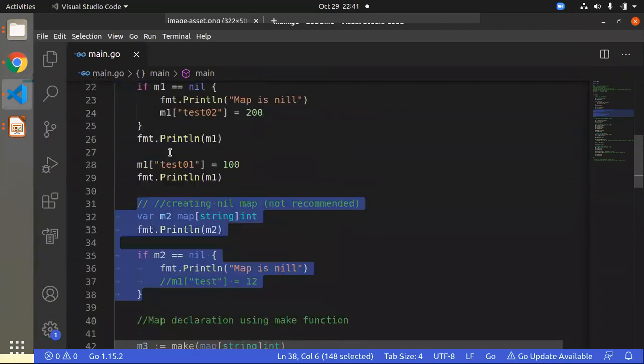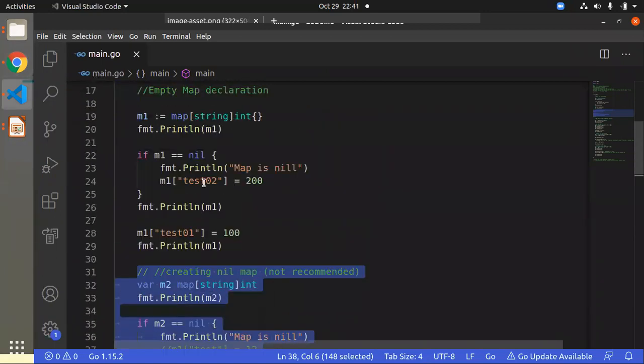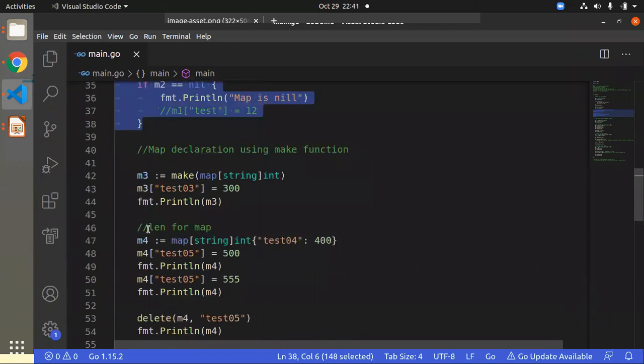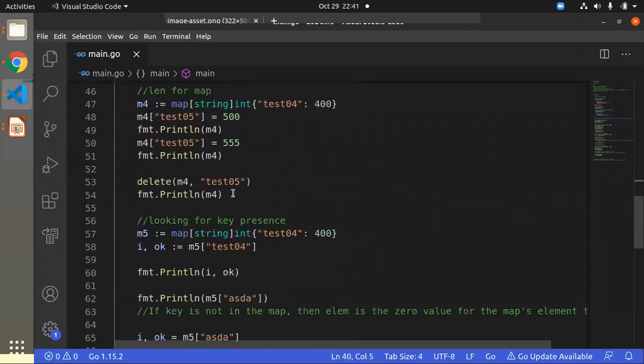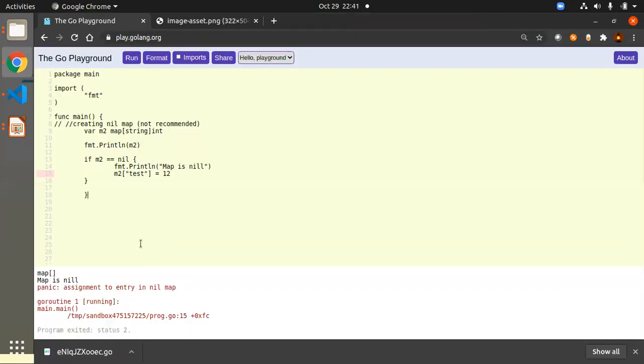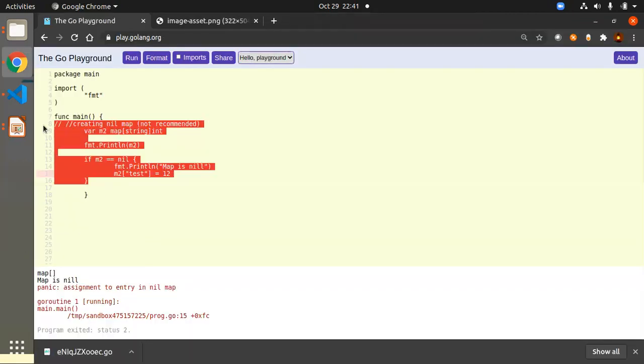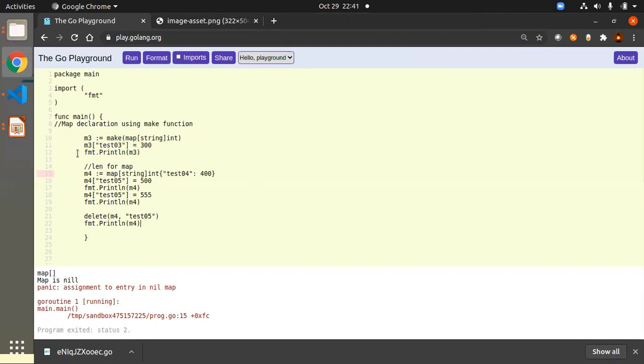As we discussed earlier, there are different ways you can create the empty map or you can create the nil map. But in general, people used to create the map by using the make function. So what is make function? How to use that? That we are going to see now. So map declaration using the make function. So here you can see map and then the type of the key and type of the value, and you are just covering with parentheses with the make function. So that means that make function will create the map, especially it will be the empty map you can see.